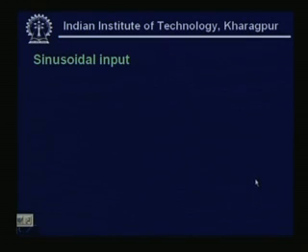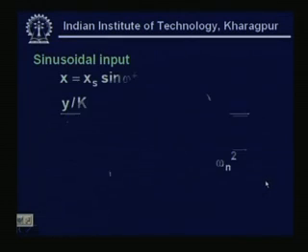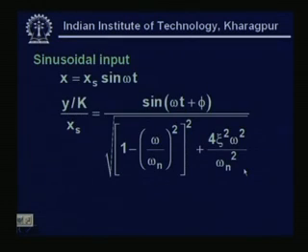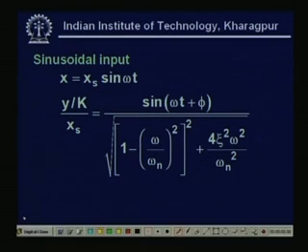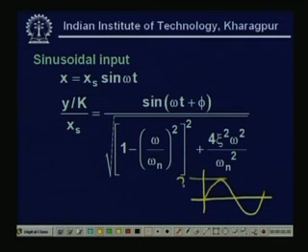Now, the last one is the sinusoidal input, that means we are considering a sinusoidal input to a system. The sinusoidal input is x equal to xs sin omega t. All of us know from the first year classes how the sinusoidal input looks. So, this is my sinusoidal input, this is our xs, and this is our x, this is omega t, right,